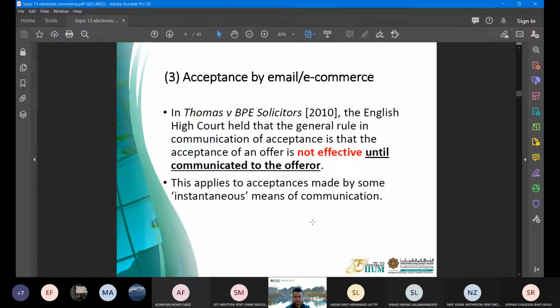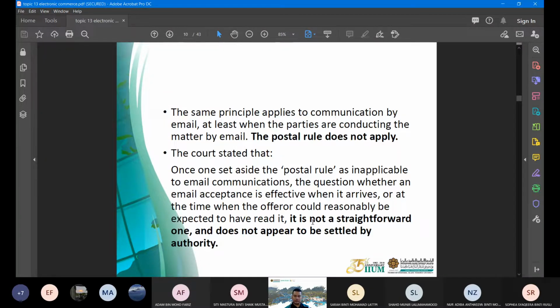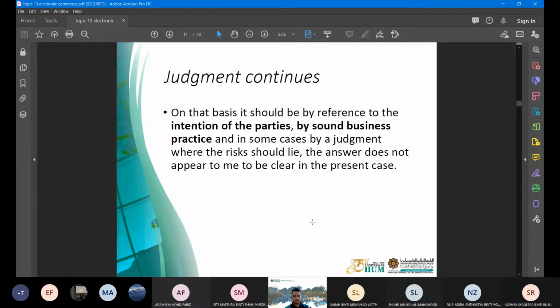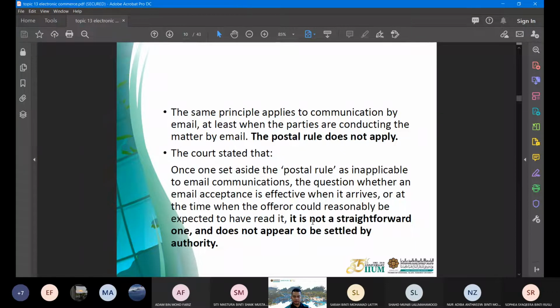Unlike the postal rule, where it is not necessary that the other side effectively acknowledges that he has accepted the offer. Sometimes even if the letter is lost halfway, there have been cases saying that the contract has been binding already. So on this note, we take note that the postal rule does not apply as far as online contracting is concerned. Okay, although in some cases it might not be so straightforward,